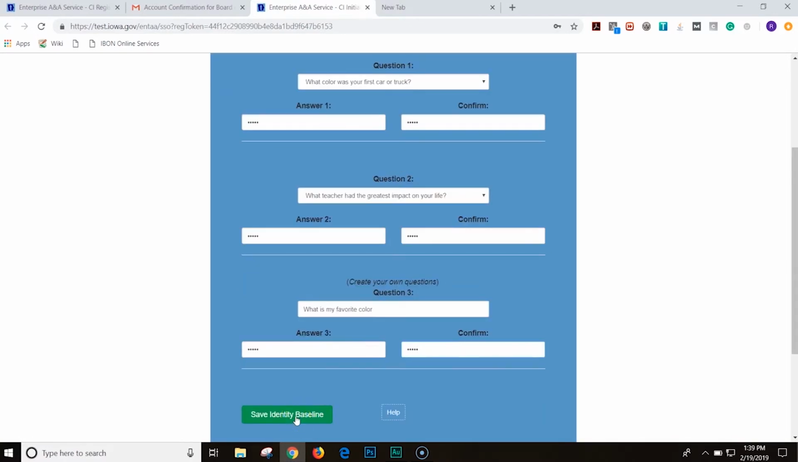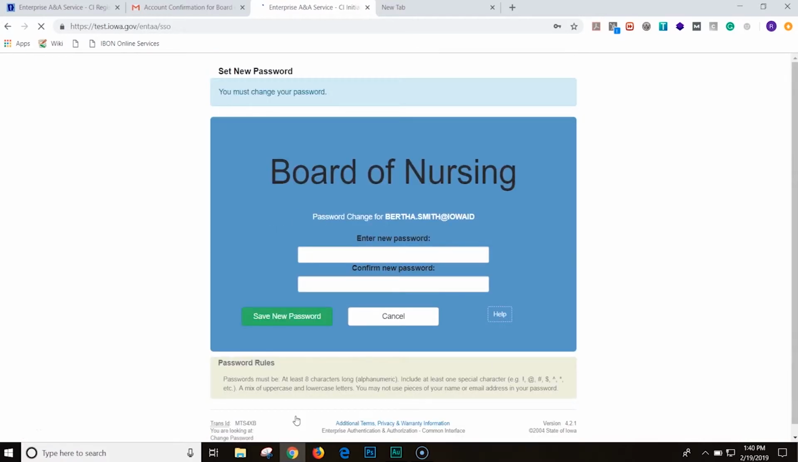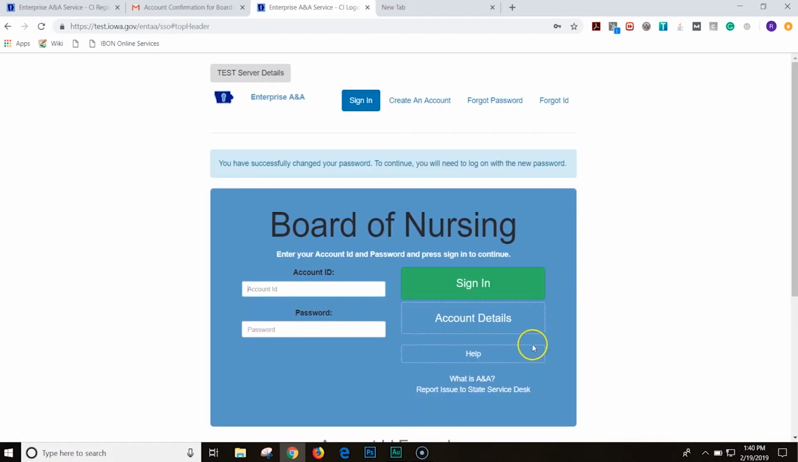Click Save Identity Baseline. Next, you are required to set a new password. Make sure you use a password you can remember, following the password rules at the bottom of the screen. Keep the password in a safe place where you can retrieve it for future use. Click Save New Password. The registration is complete and you will be taken to a screen where you can now